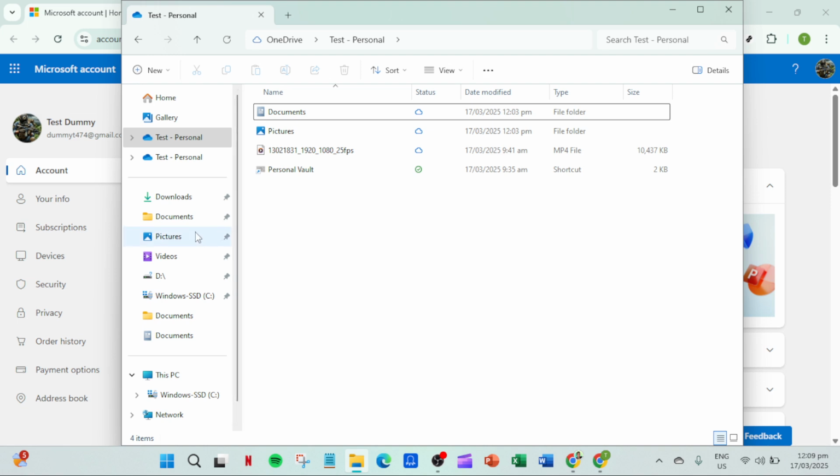Once you're in File Explorer, look at the left-hand panel. You'll see a list of locations and drives that are accessible. Among these options, select OneDrive. This step will lead you directly into your OneDrive directory, where all of your files that are synced from the